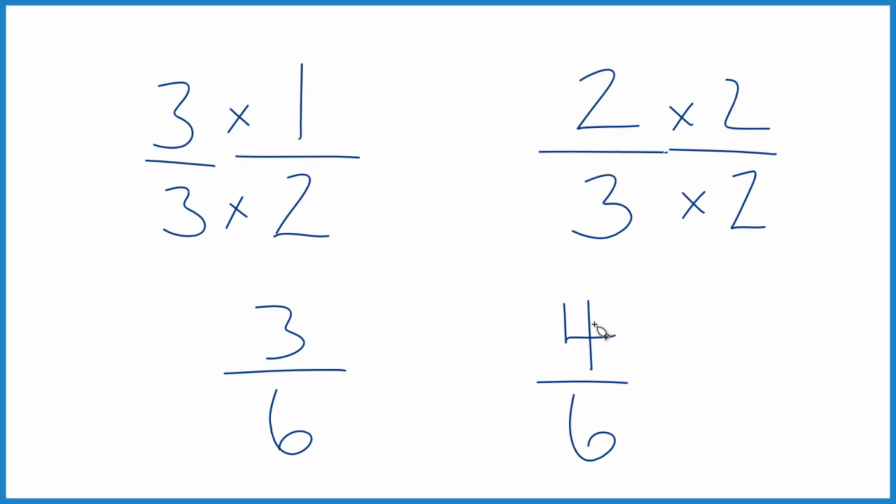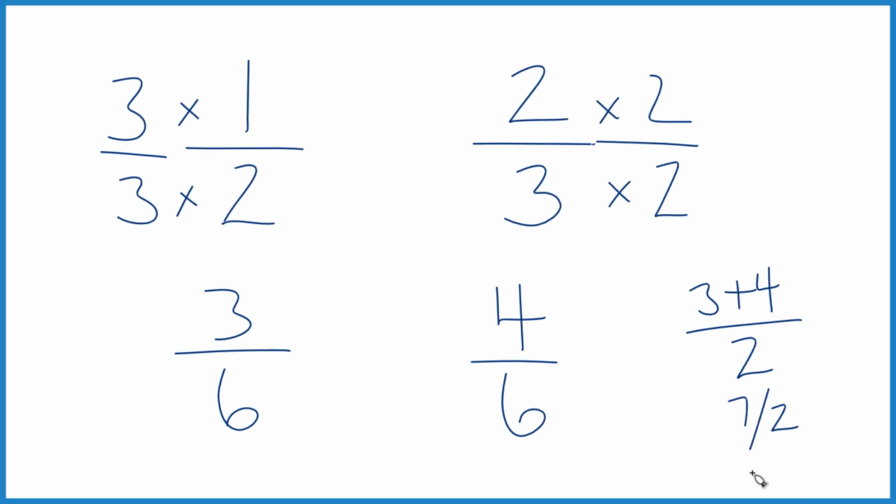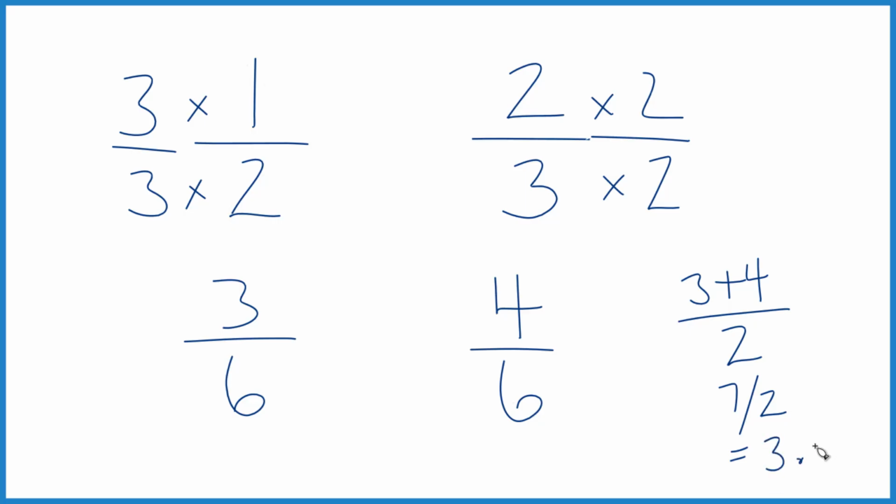I'm going to compare the numerators. So I want to know what's halfway between 3 and 4. And I'll just add 3 plus 4 and divide by 2. That'll tell me what's halfway between 3 and 4. So 7 over 2, that equals 3.5. So the fraction halfway between 3/6 and 4/6, or you could say 1/2 and 2/3, is